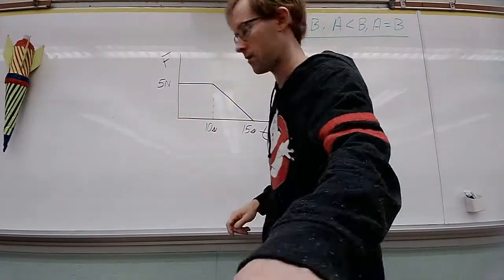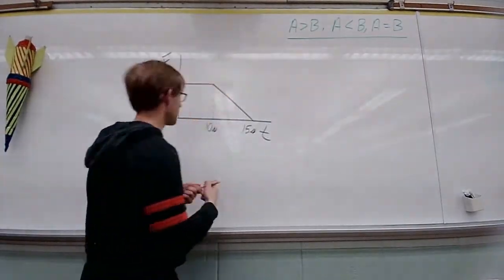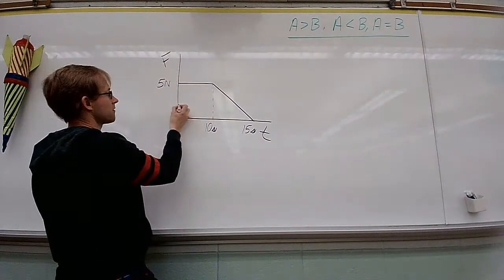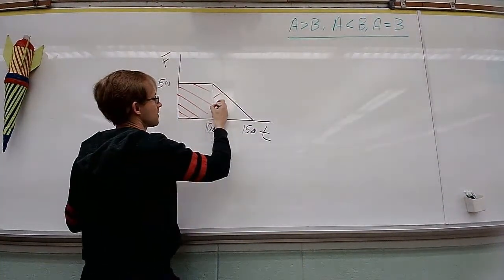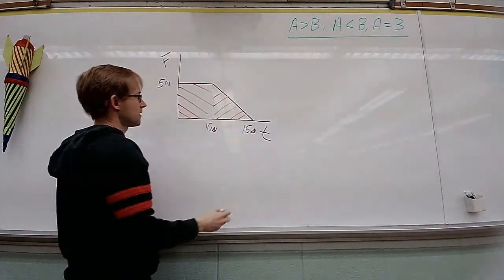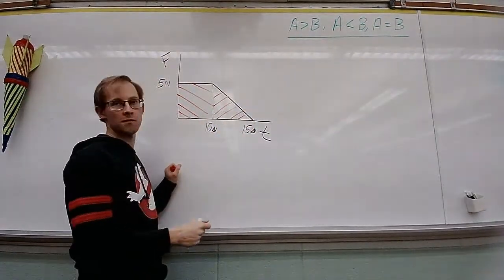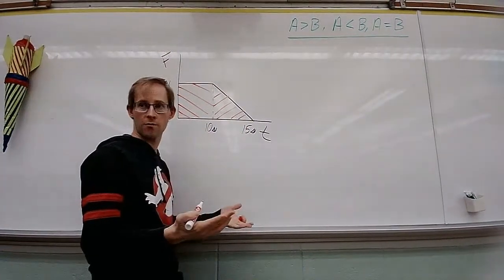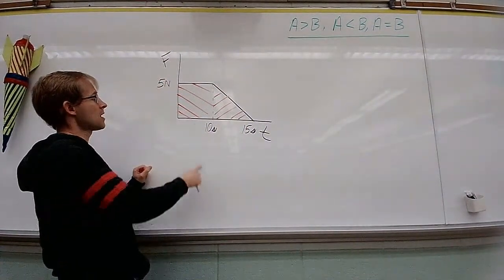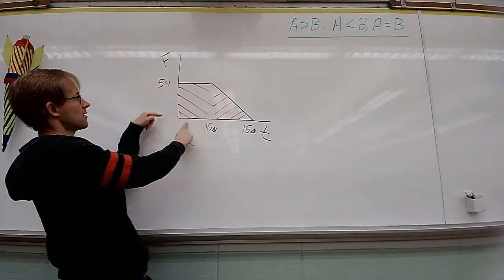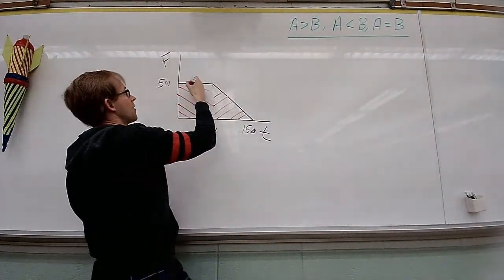So I've got basically two shapes that I need to find the area of. I've got a rectangle here, and I've got a triangle there. If I can add up the area of those two shapes, I automatically have my impulse, or my change in momentum of this scenario. So base times height, 10 times 5. That would be 50